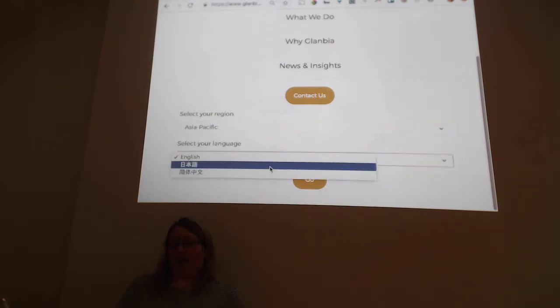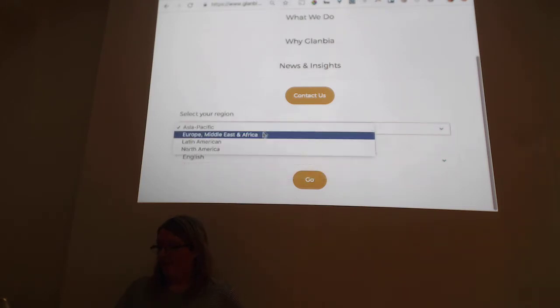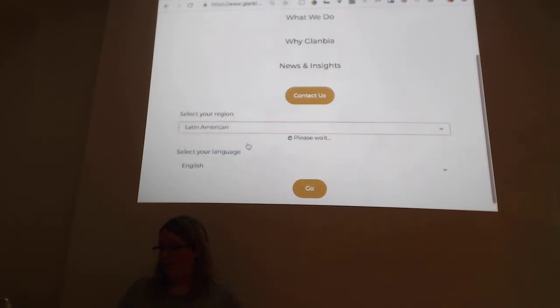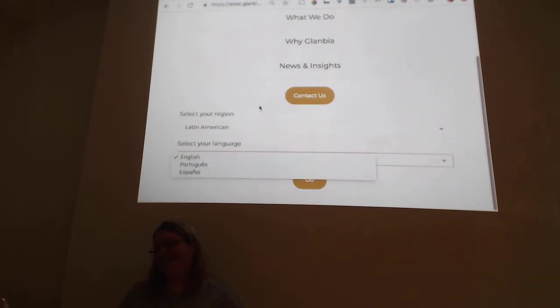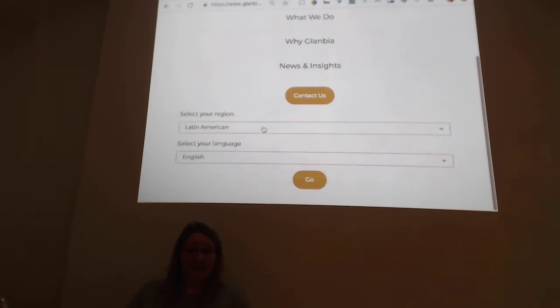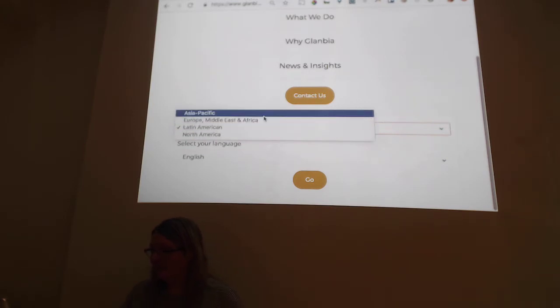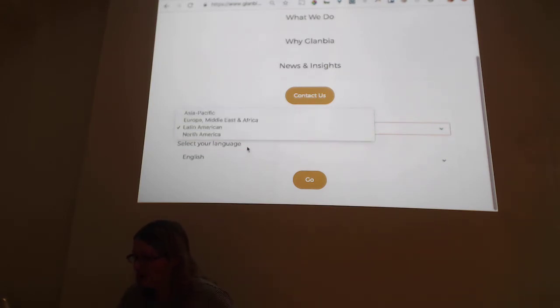Don't ask me which one is which. Then Latin America has Portuguese and Spanish. Would you like any particular region or translation? How about we put in German? I have to go back to Europe for that.